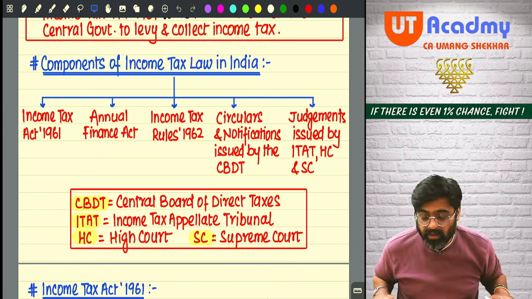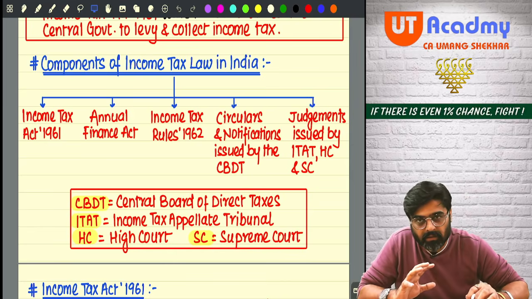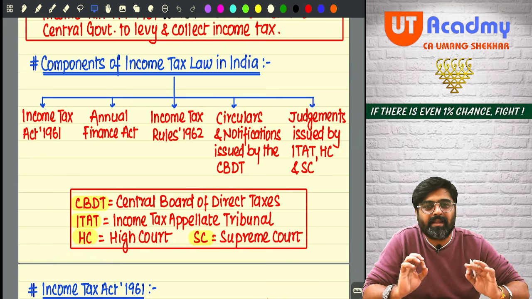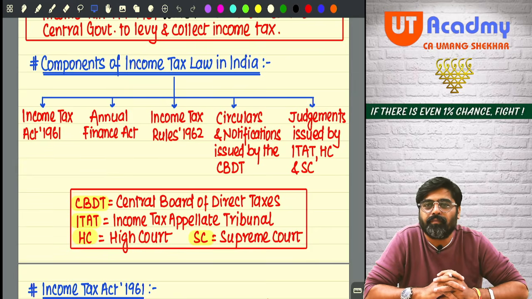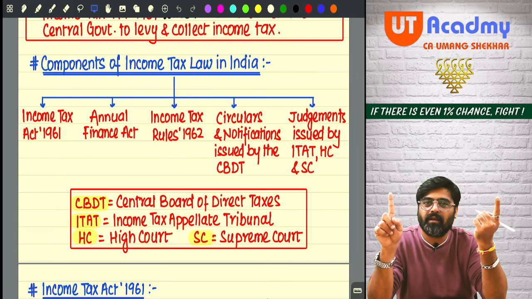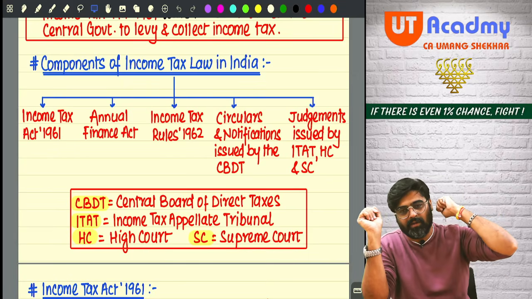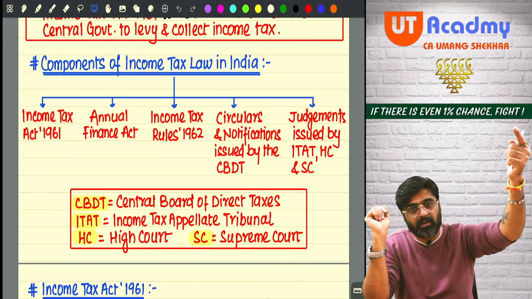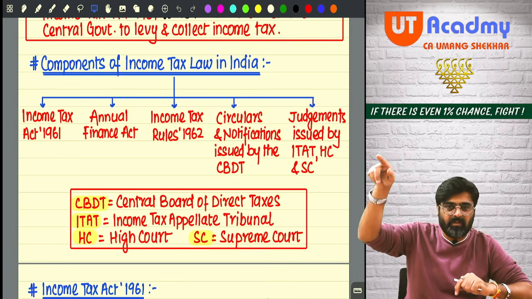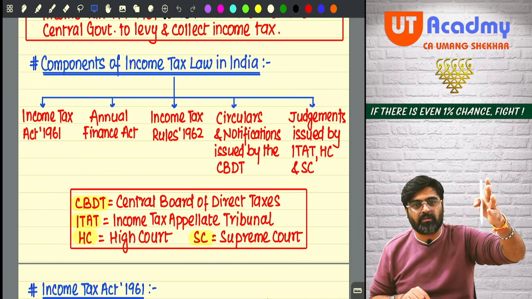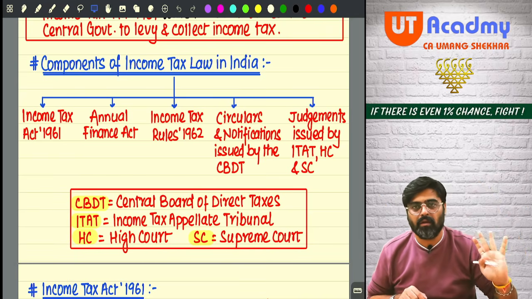Getting my point? Okay. Now come on, tell me one thing. How many sections should be there in the Income Tax Act? Come on, tell me. The Income Tax Act definitely will start from section number 1. Any law will start with section number 1. The Contract Act will also start from section number 1. Partnership Act, section number 1 will be there. But there will be a certain number of sections. After that number is done, the law is over.